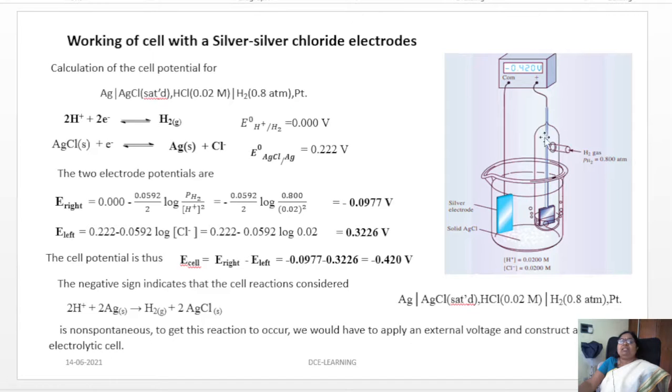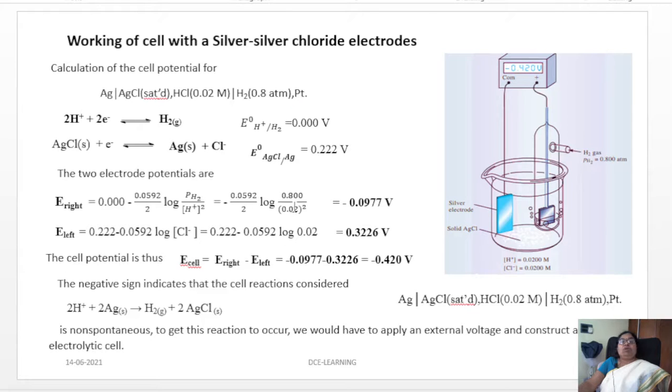You can measure the E cell on the right and the E cell on the left. The right hand side undergoes a reduction, therefore the reduction potential of that would become 0 minus 0, that is, from the oxidation to the reduction state, equal to minus